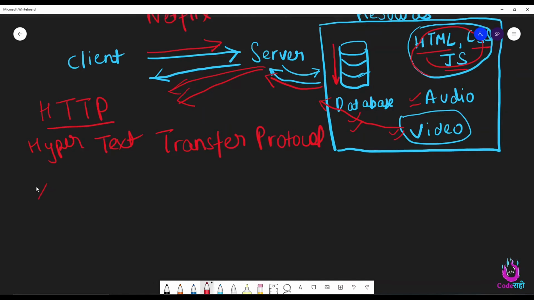Now, one key point to remember is that in HTTP protocol, always the client initiates the communication. Server never initiates the conversation, only the client initiates the conversation. Basically, it will send a request to the server and server will send back a response. Now, there are ways that the server can initiate a conversation as well, and those are called WebSockets, but we will cover that later in the video. For now, just remember that in HTTP, only the client sends the request first, and the server processes the request and then sends back an appropriate response. So this is the overview of client-server architecture.